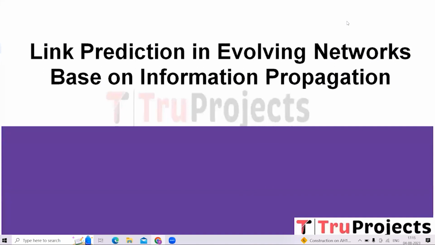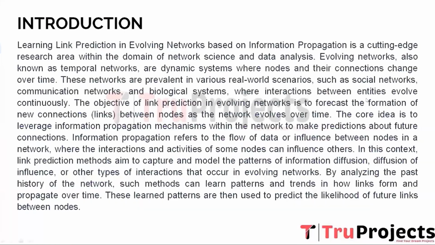Projects. In this video, we are going to explain a project titled Link Prediction in Evolving Networks based on Information Propagation. Now coming to the introduction part, link prediction in evolving networks based on information propagation is a promising research area that leverages information diffusion mechanisms to forecast the formation of new links in dynamic networks. By understanding the patterns of interactions and influence within the network, link prediction methods offer valuable insights and practical applications